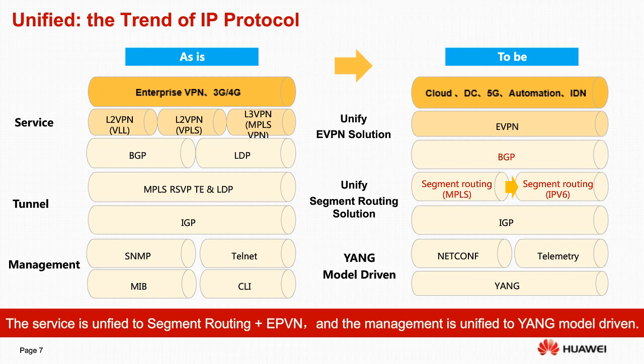But in the future, all VPN services will be supported by the eVPN protocol, and its configuration will be more like L3 VPN, and BGP will be the only service pairing protocol. At the same time, LDP and RSVP will be replaced by MPLS segment routing. Right now, it is MPLS segment routing. In the future, I think SRv6 will be deployed also.